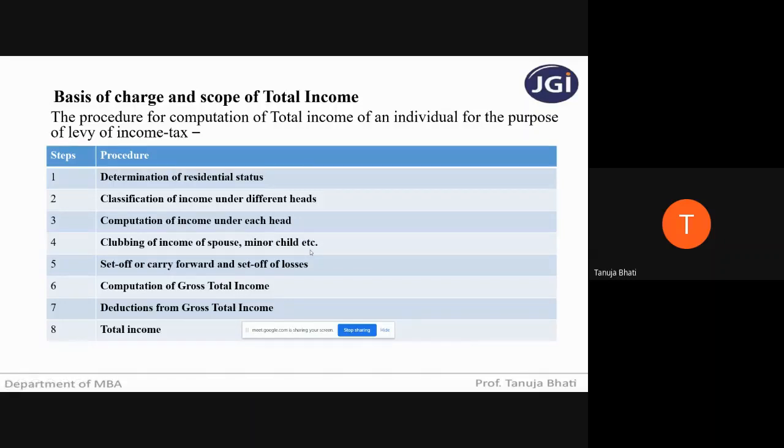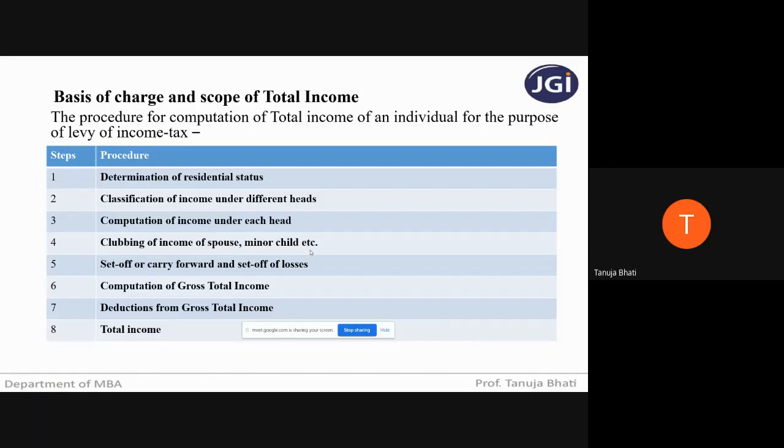Students, once we know the income of an individual under the 5 heads, the next thing we have to see is whether that particular individual has done any clubbing. Yesterday I told you all that direct tax is progressive in nature. What do you mean by progressive in nature? As and when the income increases, your percentage of tax also increases. As income increases, the tax that you have to pay to the government also increases. Therefore, it is progressive in nature.